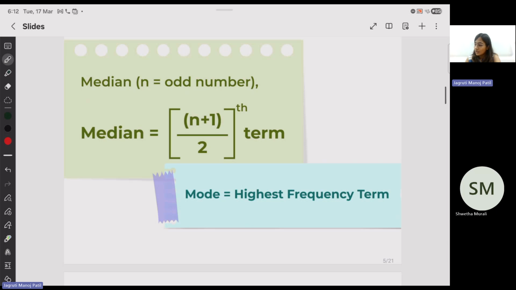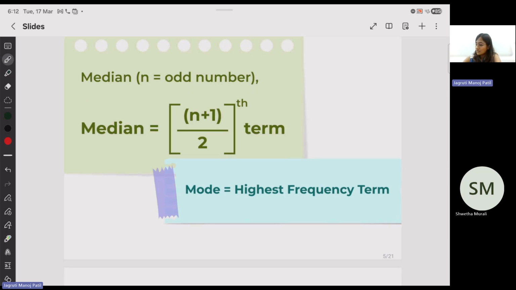Okay, and the last one is mode. Mode is the highest frequency term. So here you see something called frequency. Frequency is how many times a number appeared in its distribution. So the maximum frequency represents the mode of it. Let's say you have a distribution: 1, 2, again 3, 4, 5, 1. In this case, which number has the maximum frequency? We see that 1 is being repeated again and again. So the mode for this data set is 1. Okay. So that's all mode is about.